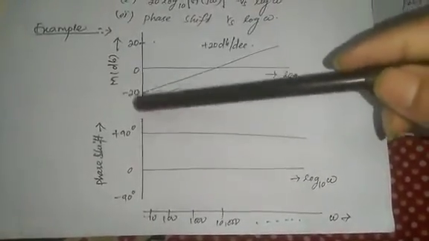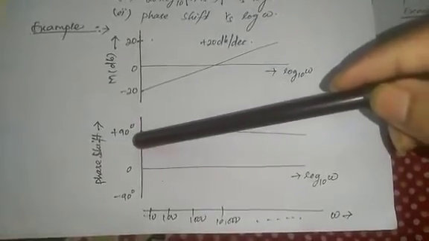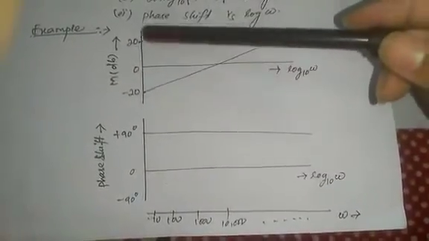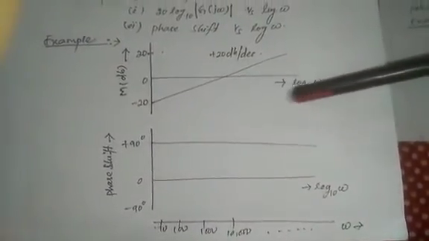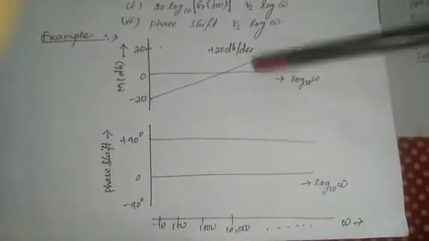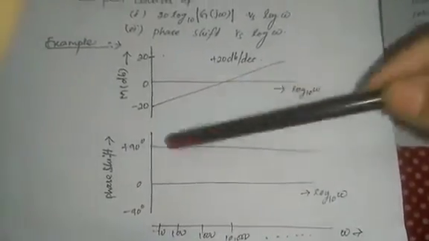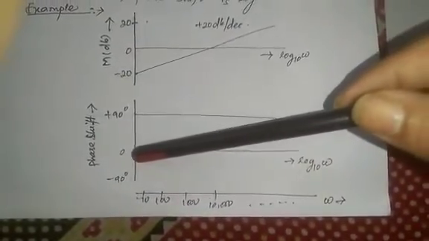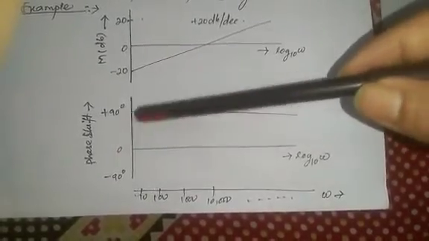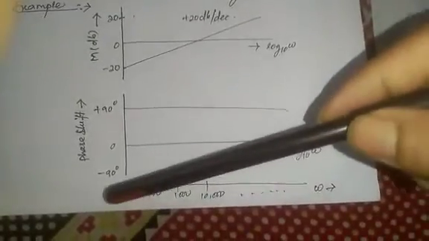You take the magnitude varying, suppose, minus 20 dB, minus 40 dB, minus 60 dB, and above, plus 20 dB, plus 40 dB, plus 60 dB, meaning magnitude in decibels. Then you get a value, and for every decade plus 20 dB per decade. Just one example. Similarly for phase shift, the reference is 0, then plus 10 degrees, plus 20 degrees, plus 90 degrees, plus 180 degrees, and below 0 you take minus 10 degrees, minus 20 degrees, minus 90 degrees. Then you can draw the phase plot and your magnitude plot.